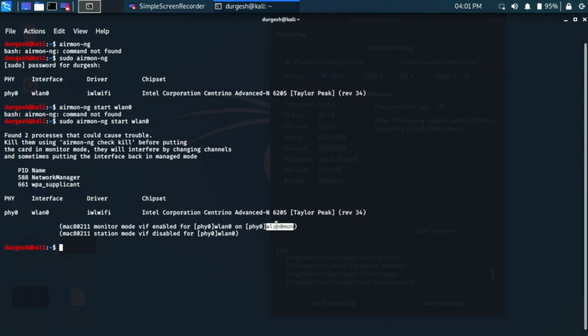In order to see the wireless networks available in our area, you need to use the airodump command.